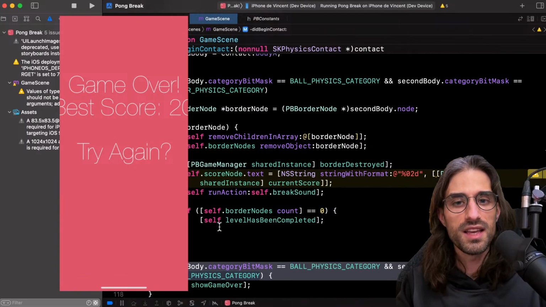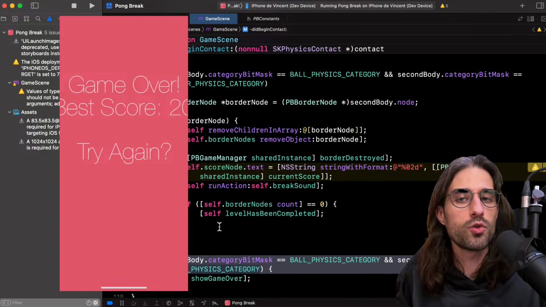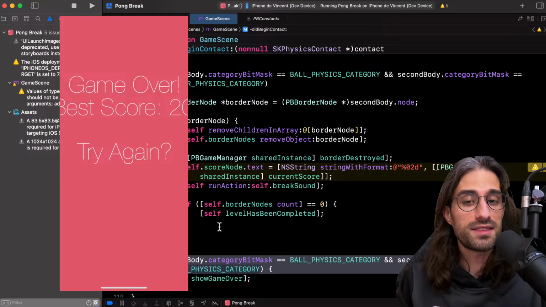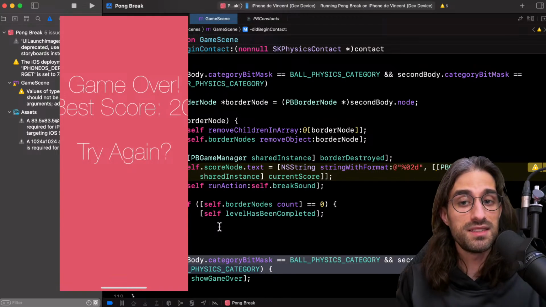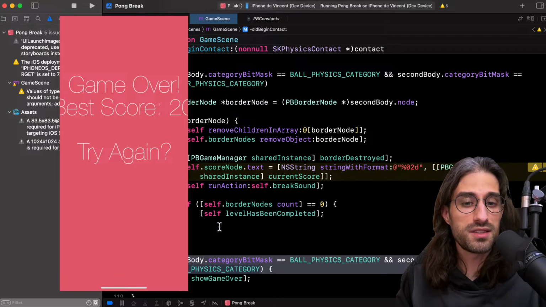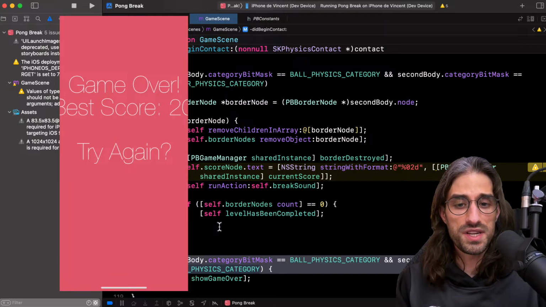So what's interesting is that even though this code is a bit complex, it's still quite short, and almost the entire logic of the game is implemented in this method. So that's why I was able to implement this small game in a weekend, even though